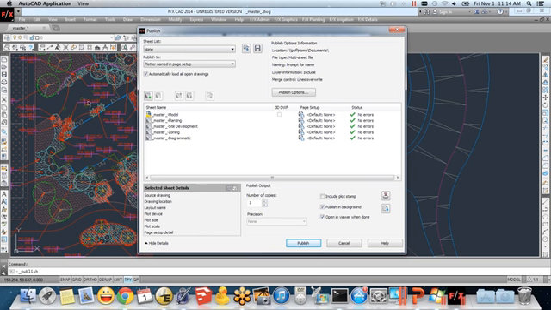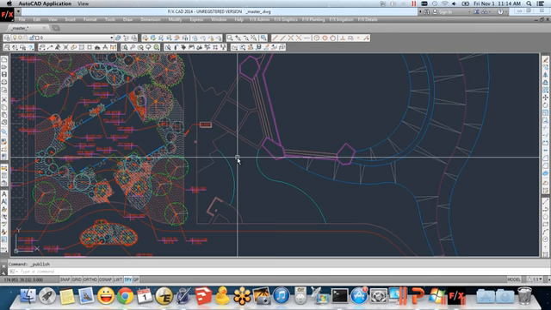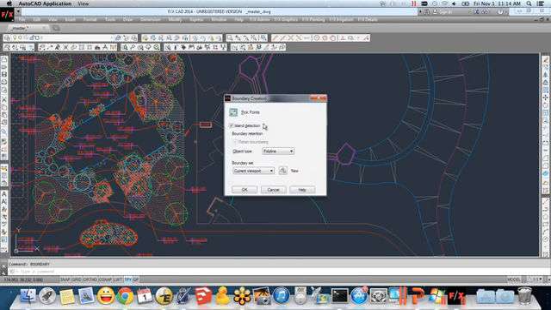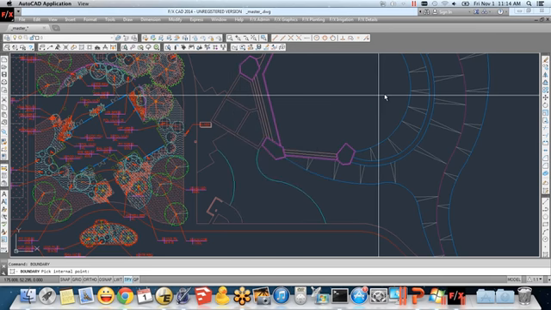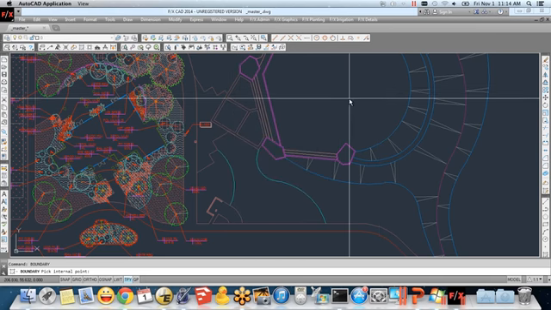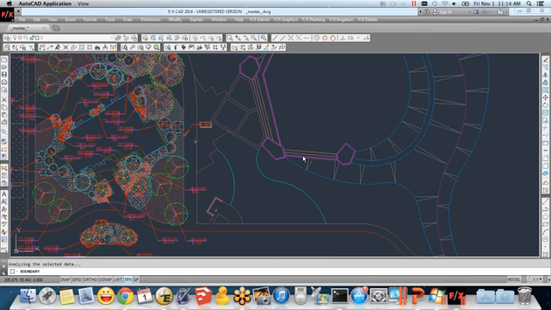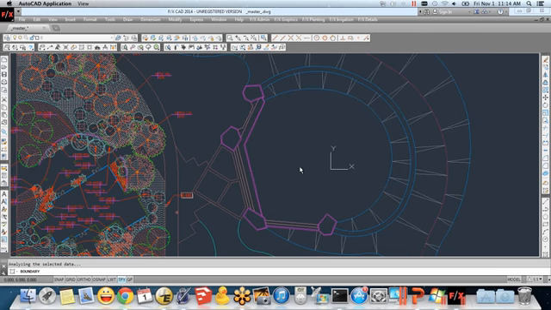So the publish has, and then the boundary command was actually corrected pretty far back. That was with 2012. But boundary, right? So I can just say pick a point and drop in here and oh, it's analyzing. Let's see if I kill AutoCAD here, right? It's thinking. We'll let it think. Oh boy. This is why I don't like the boundary command, but that's why it was